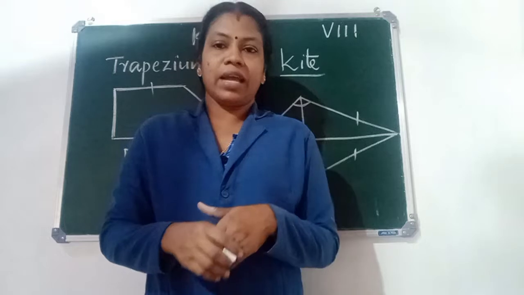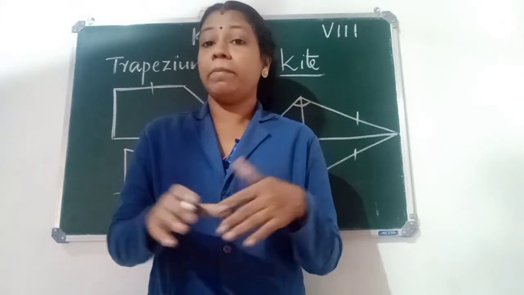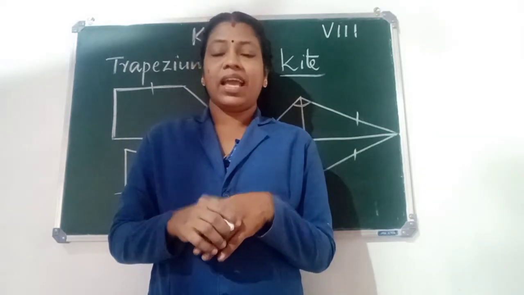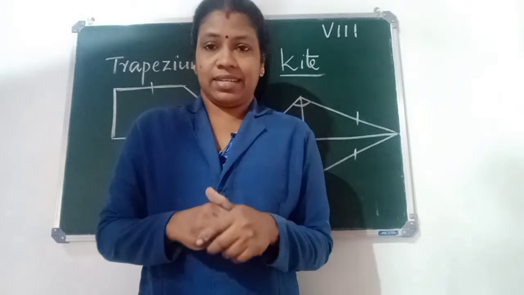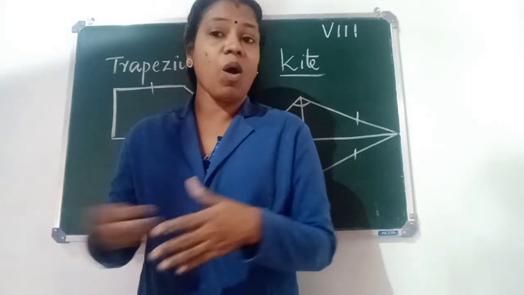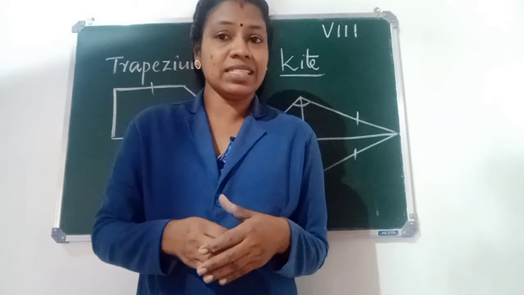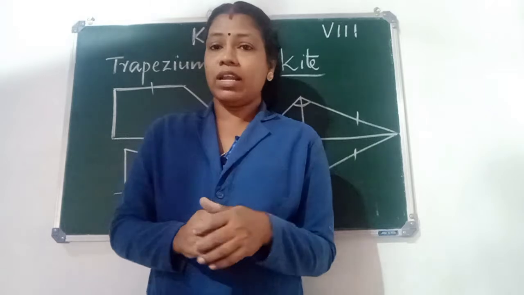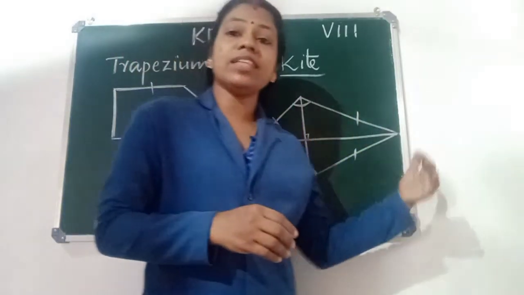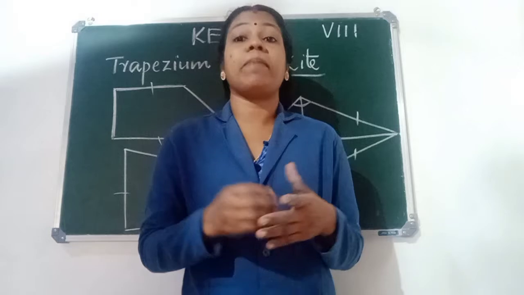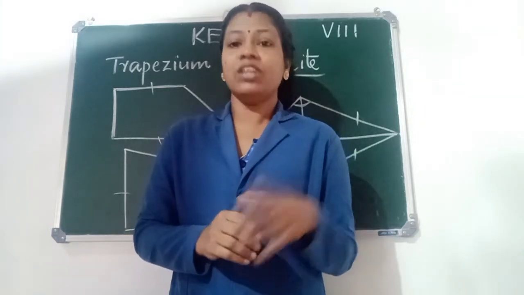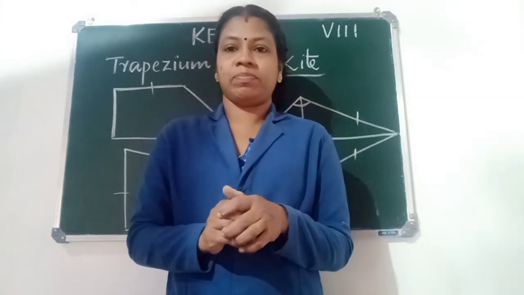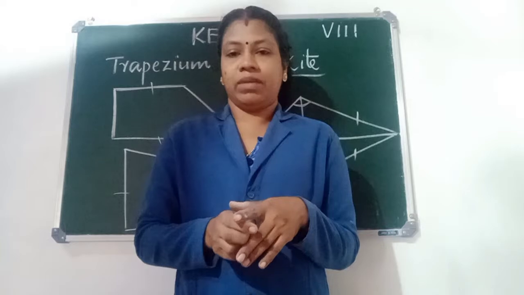Then the third type of quadrilateral is a parallelogram. What is a parallelogram? Yes, a parallelogram is a quadrilateral with each pair of opposite sides parallel. That means two pairs of parallel sides, opposite parallel sides. Okay, that's a parallelogram. And we know that